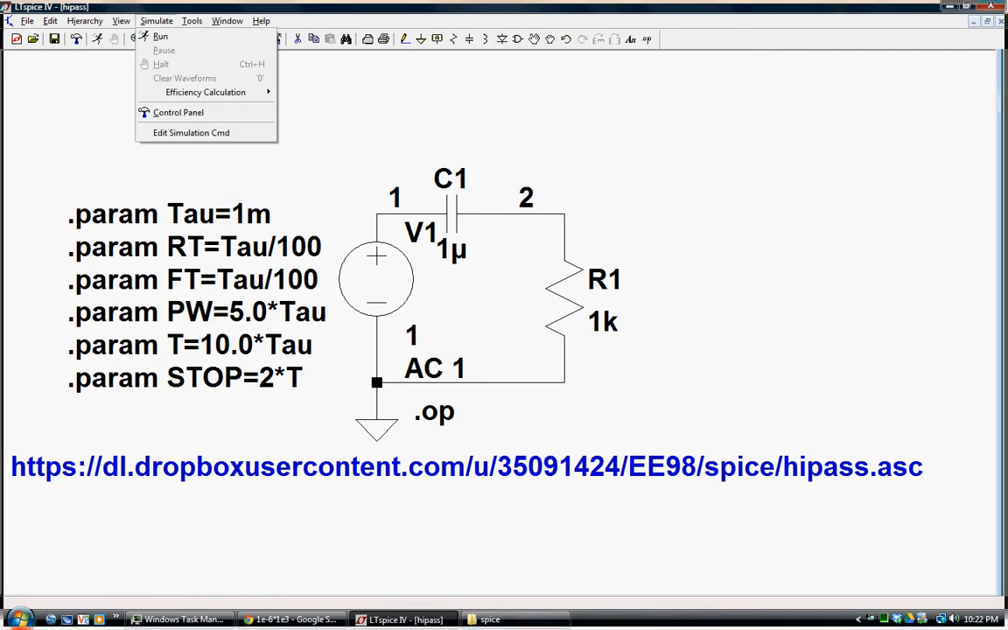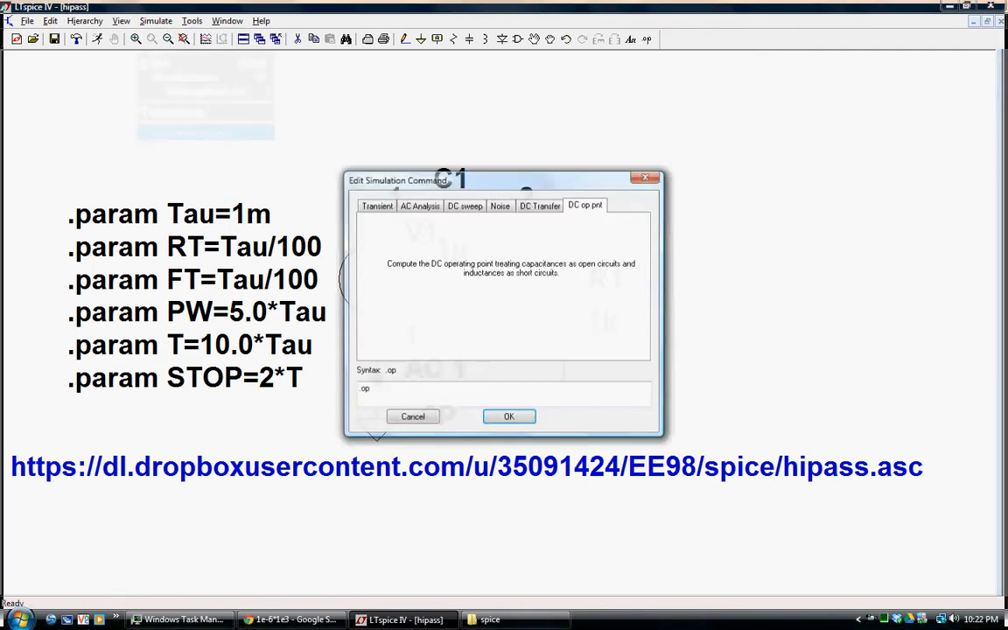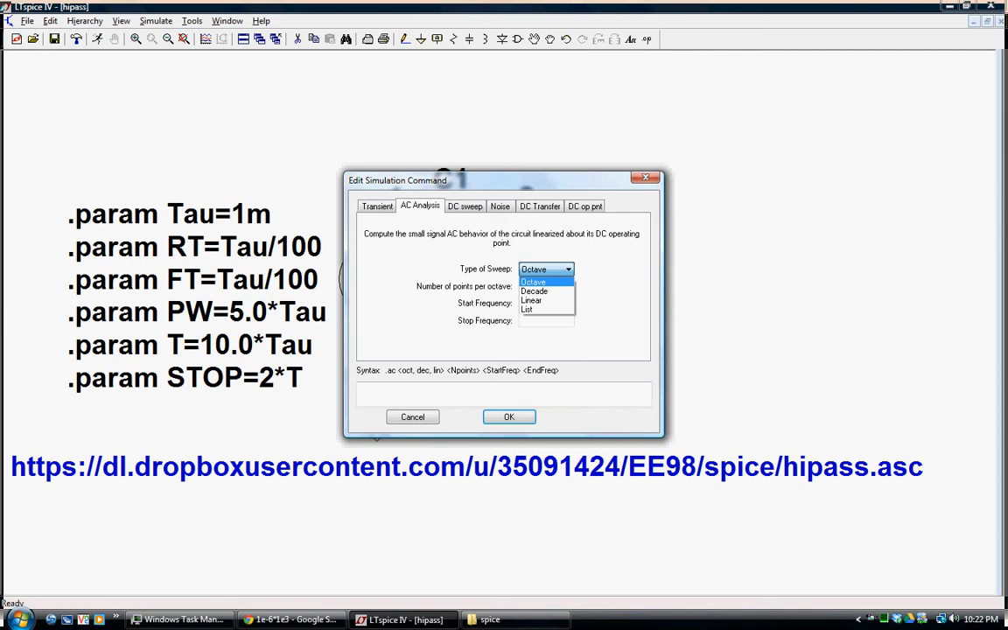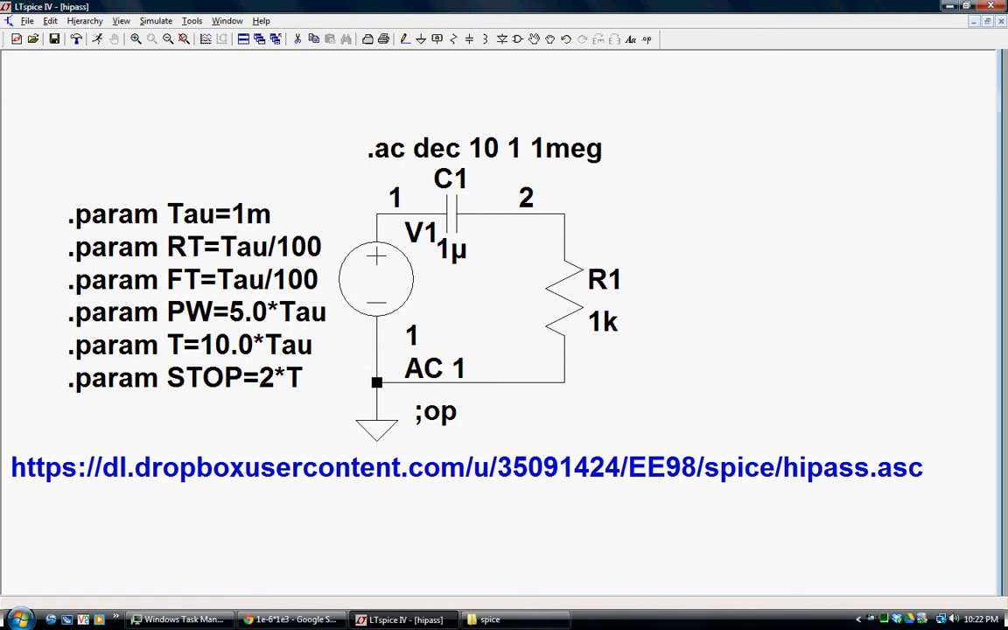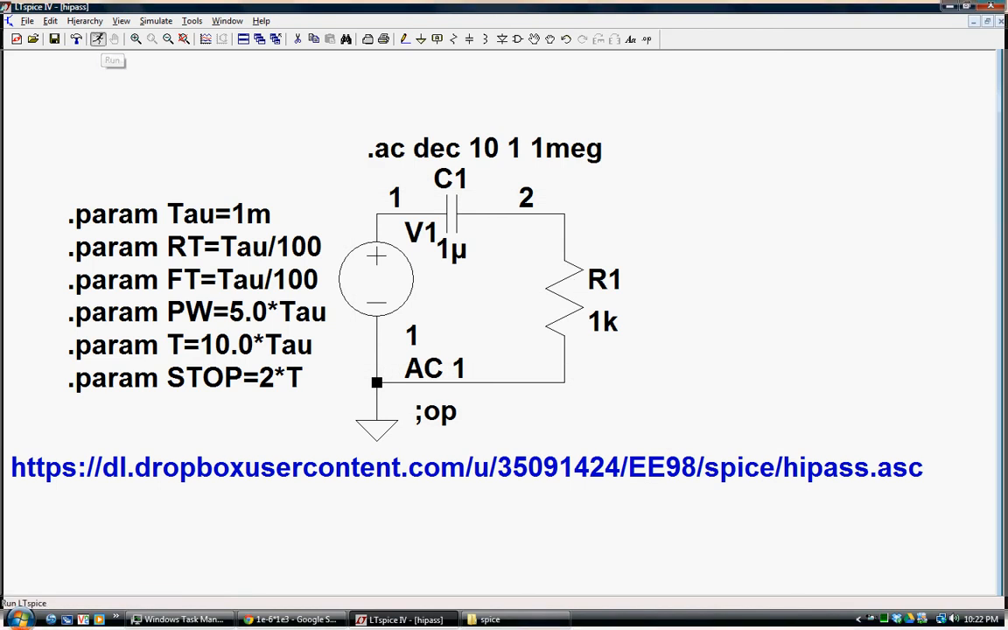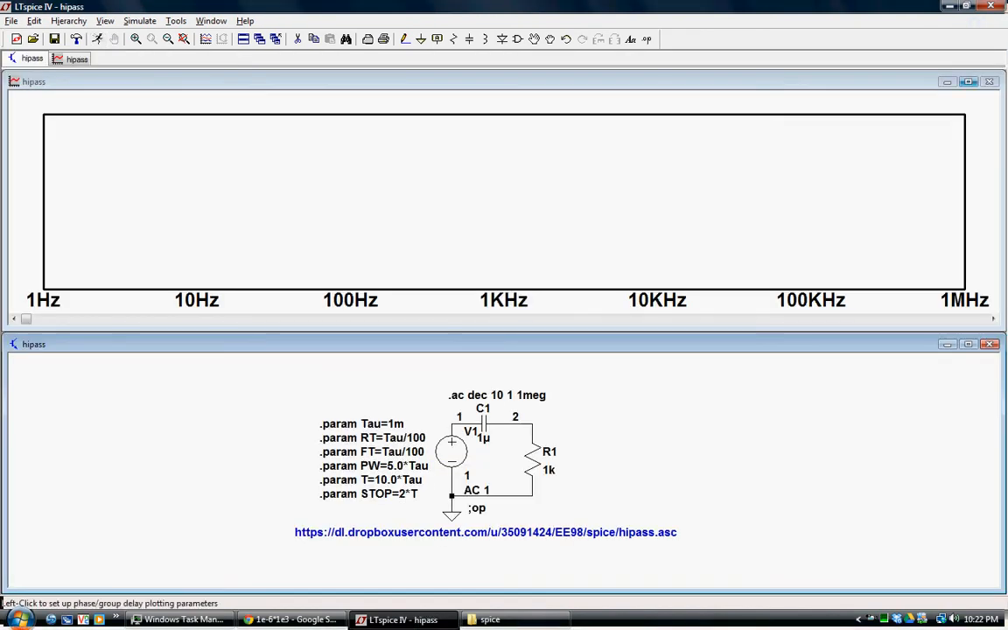Now we'll change the simulation to AC. We'll sweep it by a decade. I like to use 10 points per decade, start at 1 hertz, and we can stop at 1 megahertz. And I'll place that down here. Press run again, and up pops a plot